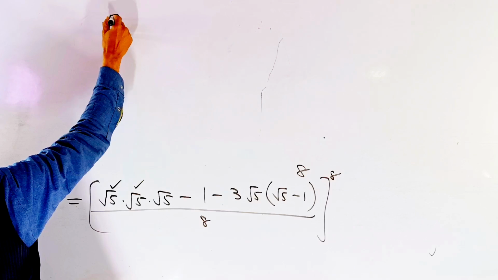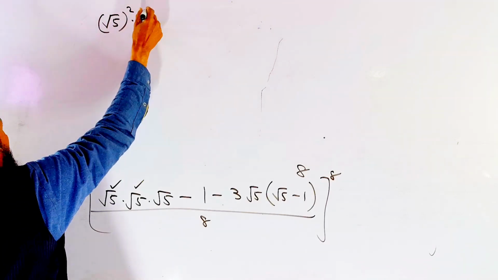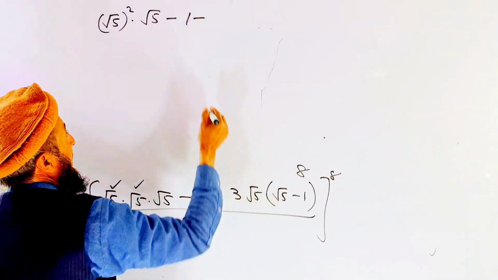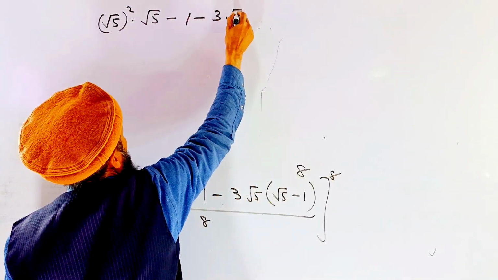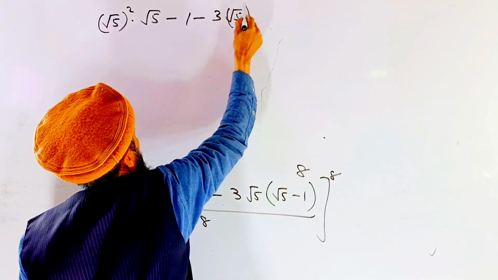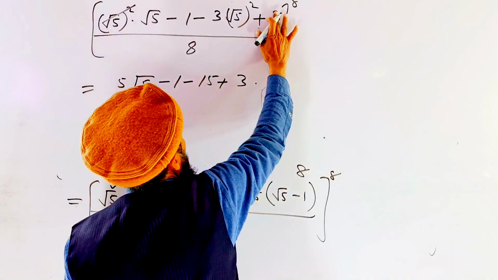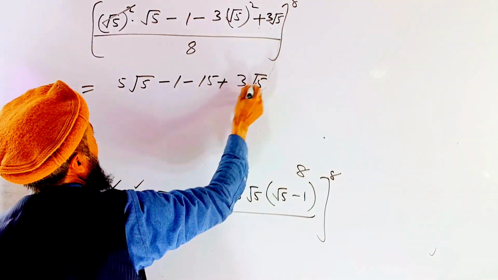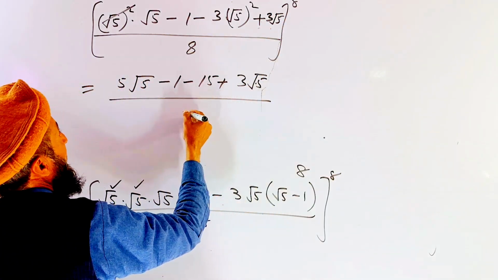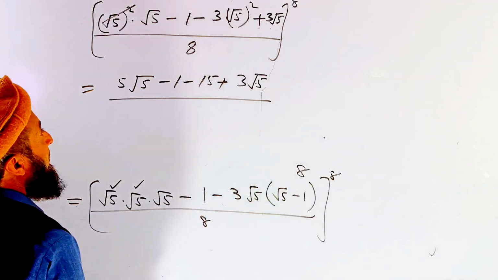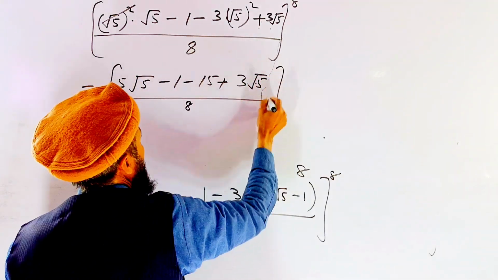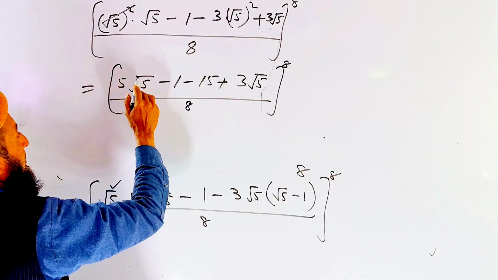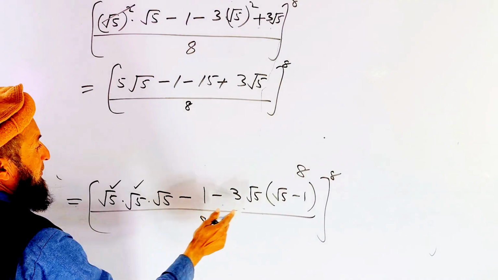The root 5 square into 5 under the root minus 1 and minus 3 multiplied by 5 under the root whole square plus root 5 plus 3 under the root 5 divided by 8 whole exponent 8. So now we can write this one, and this is also minus into minus, this will